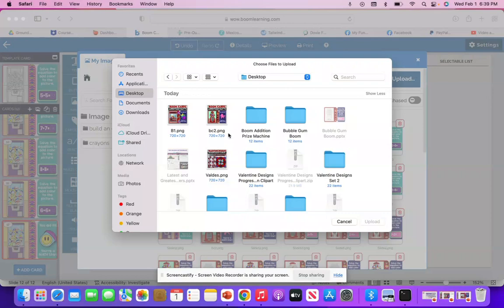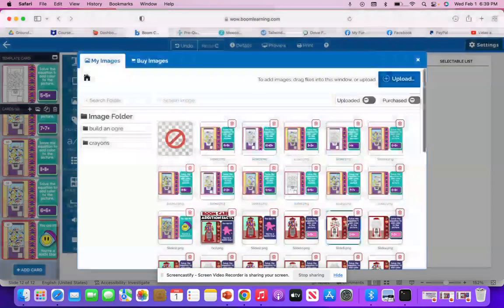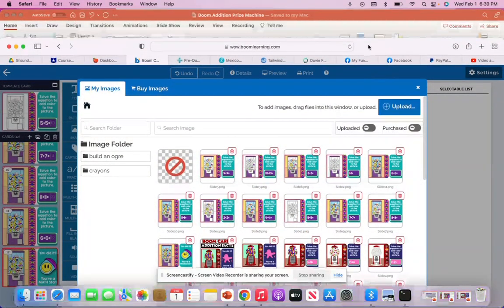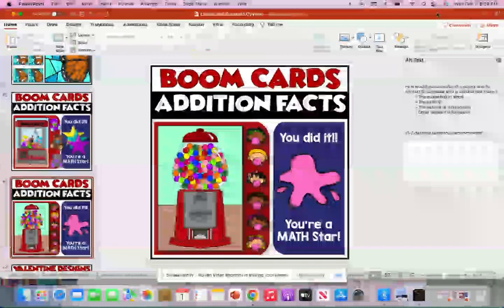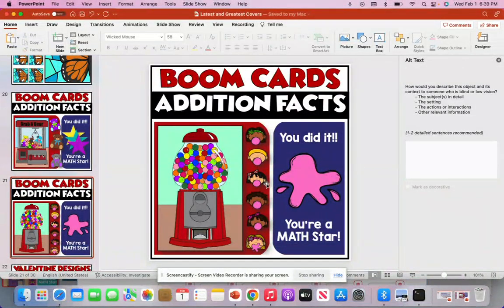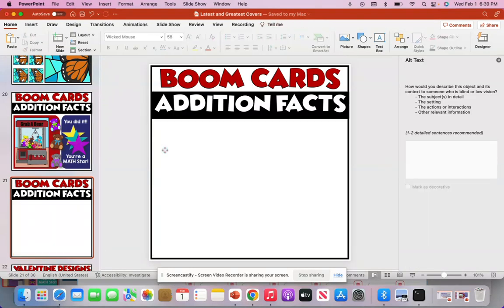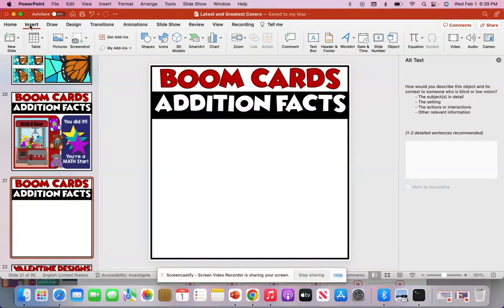I will show you how to make a cover real quick. I'm going to go back to my covers, which I make in PowerPoint. This is my last one. So this is how easy this is. This is a text box. This is a text box with color in it. This is a piece of clip art. It's that simple. So we delete that out, add in